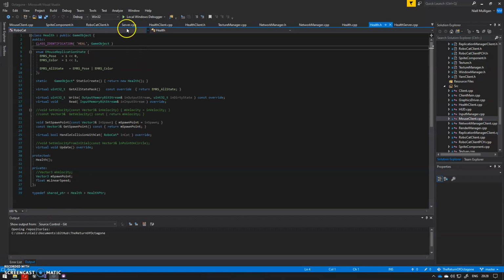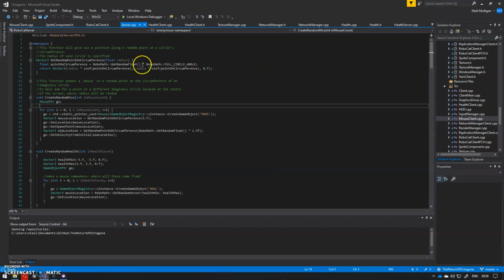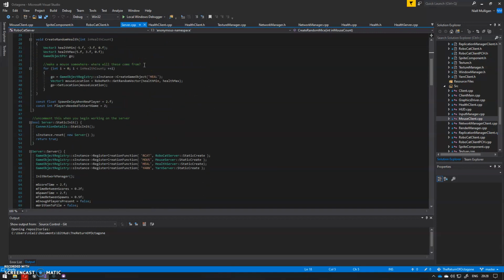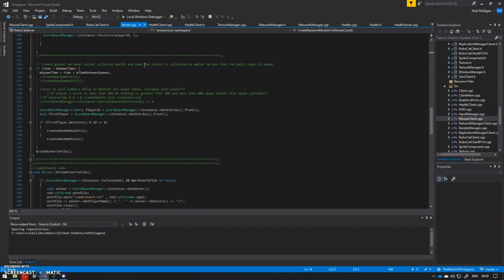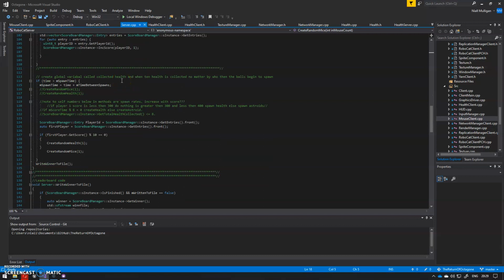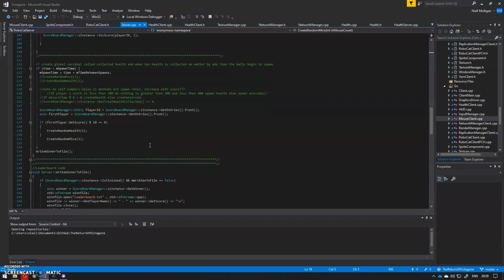Most of my work was done on the server. I was basically trying to get some of the gameplay stuff to work. This is the majority of the stuff. I had tried to get a delay into the game so that the asteroids wouldn't spawn until a certain time, so that the players had time to go around and pick up health. That didn't really work. So what I decided to do, and it's a bit risky, was get the score